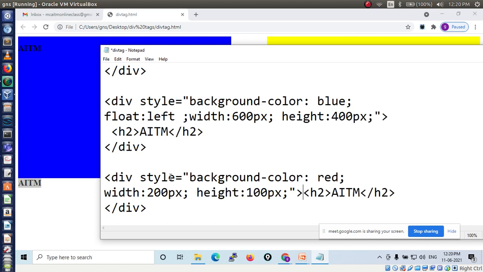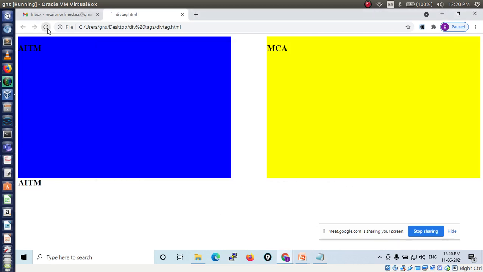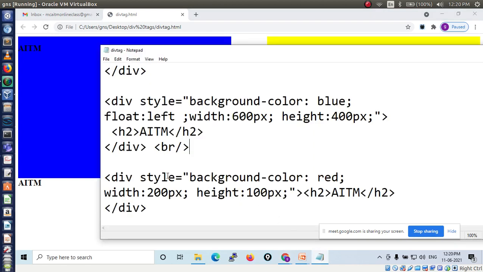So here I will give one more BR tag. So in this way we have to use a division tag. Here something is going wrong to display width and height for this tag.